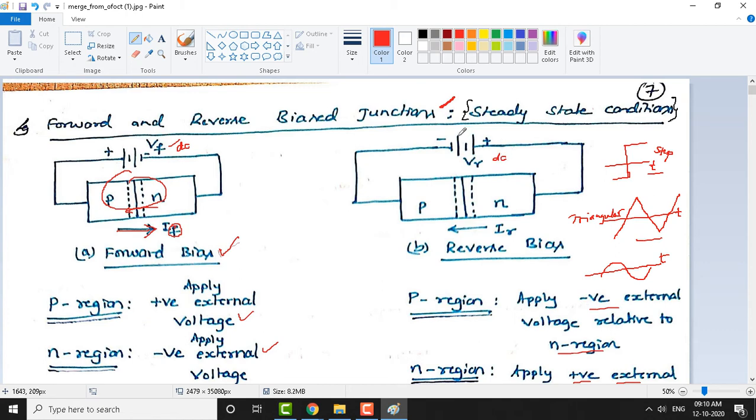Okay, the moment we show this sort of a symbol like minus here, long line, minus short line, plus long line, we use this symbol for battery. If you use just one short line and one long line like this, it represents a cell. Whereas if you show multiple lines like this, it shows it is a battery. A series of cells makes a battery. So here we have shown the same representation.